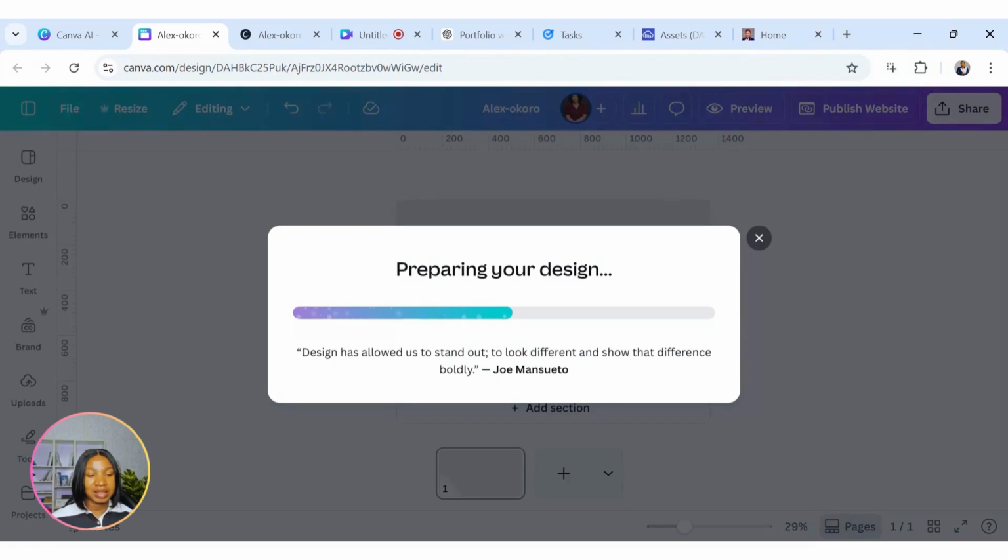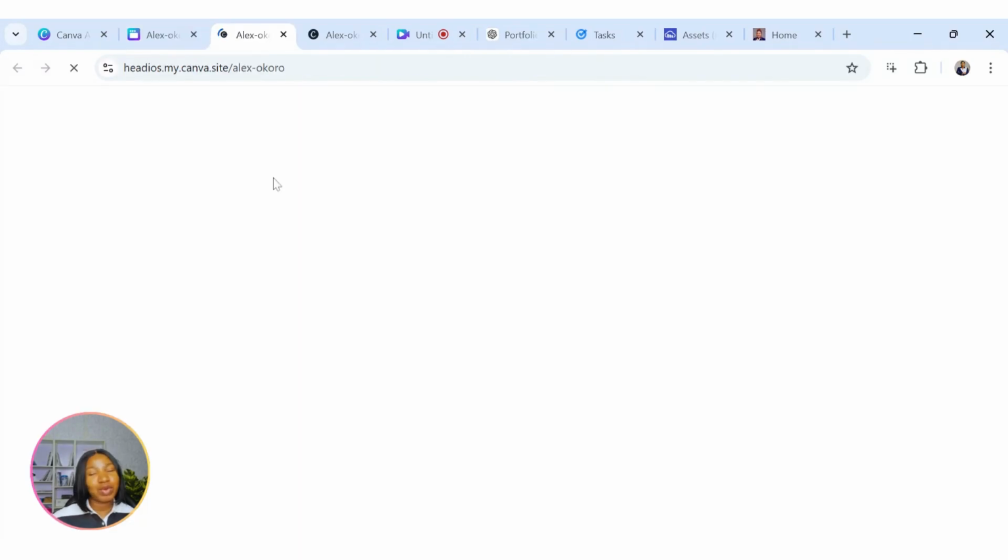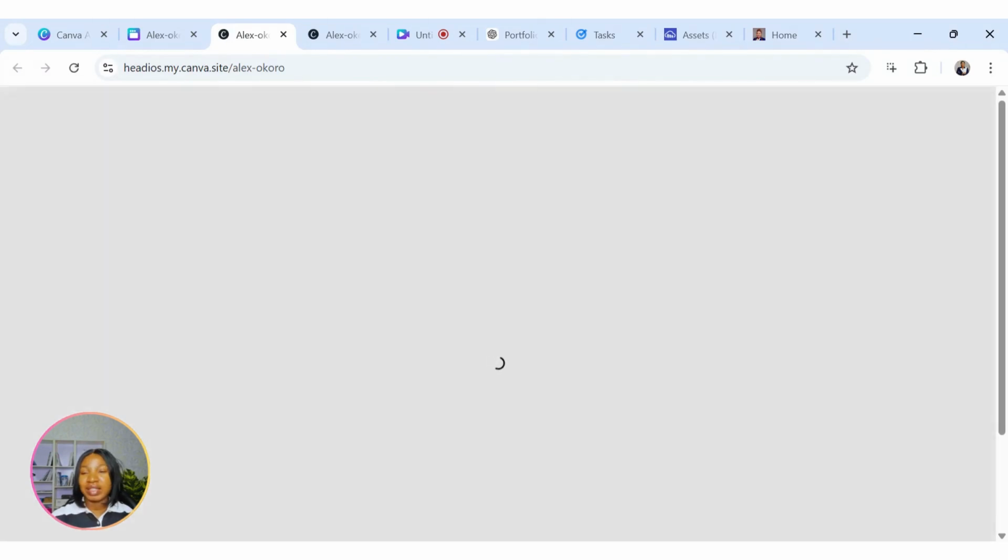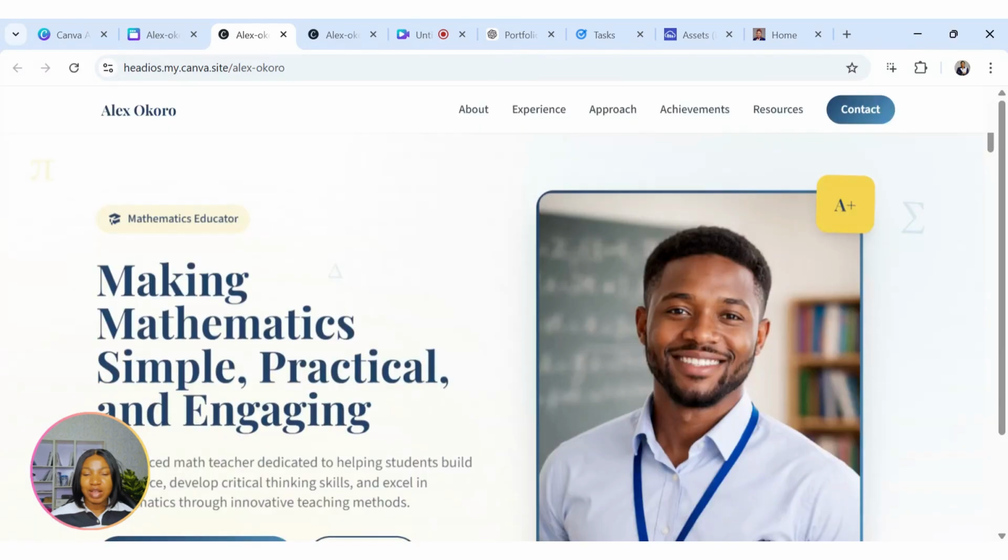So this is how you can use Canva AI to build your own website. Easy as ABC. You don't need to write any line of code. Canva AI will do all the heavy lifting for you. All you need to do is enter your prompt. So whether you're a teacher, a banker, whatever profession you are, get into Canva AI, insert your prompt and let Canva AI build your